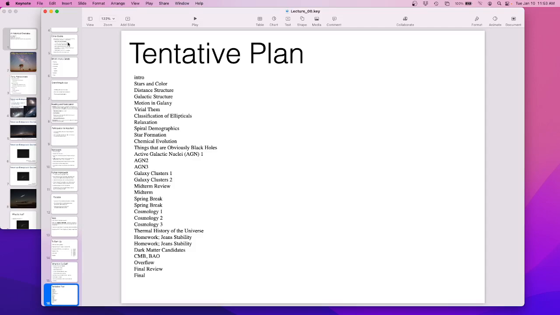Then we'll talk about clusters of galaxies. The midterm will happen somewhere in here. I might do it before we get to clusters. Kind of depends on how long I blah. And then there's spring break, and then we'll talk about cosmology, which is the formation of the stuff in the universe. No, not the formation of the universe. That one I don't have. I have the evolution of the stuff in the universe after its formation. T=0 is hard. We don't know what happened at the Big Bang, but basically everything after that we're good.